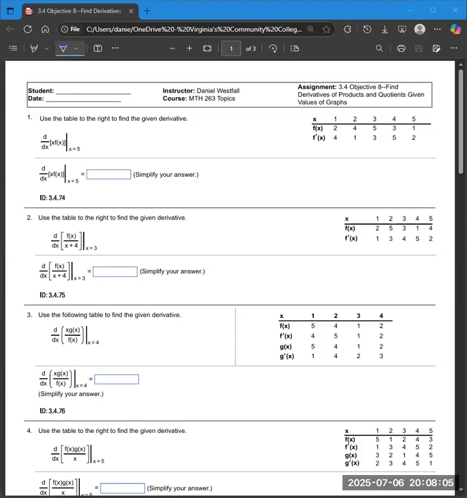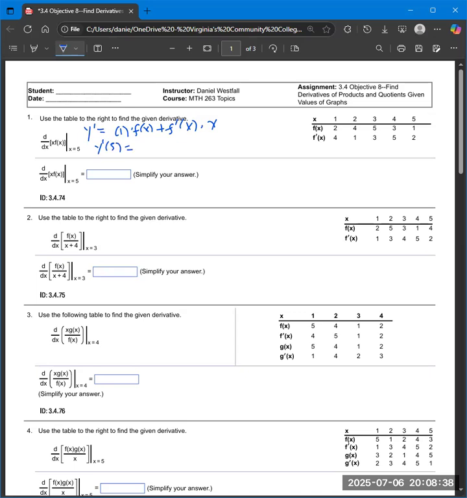All right, in this video, we're going to talk about 3.4 Objective 8, where we find derivatives of products and quotients given by graphs. Let's go ahead and look at the function x times f of x and find the derivative. So it's derivative of the first part times the second part plus derivative of the second part times the first part. And I want to evaluate that at